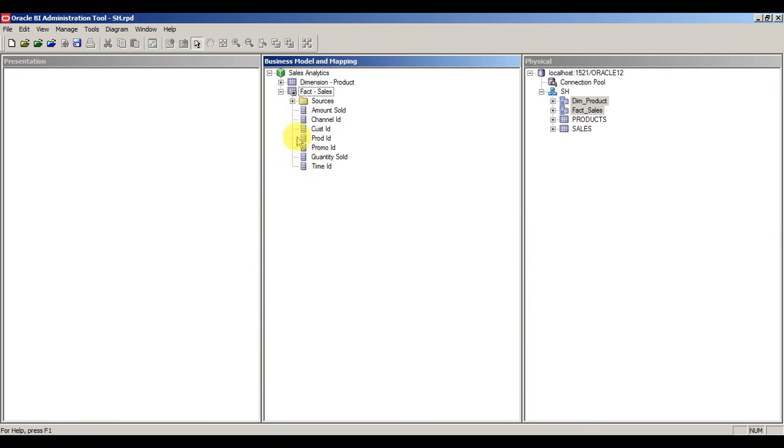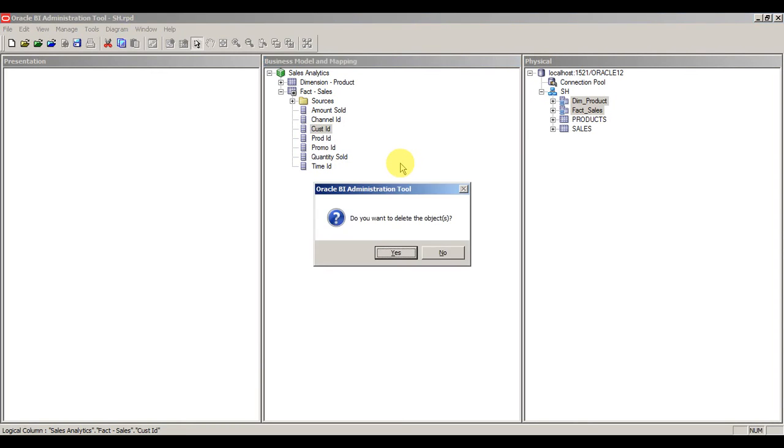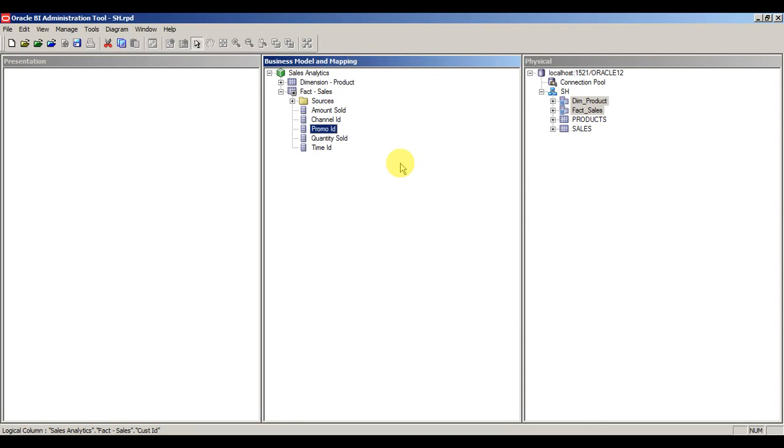And now we are going to build the facts. So here, these are generally invalid columns when it comes to a fact table, because a fact table will represent only the facts which are present. So when we present to the end user or business user who will be creating the reports, we won't show these ID columns to them, which are of no use for them. So for now I am removing the ID columns.